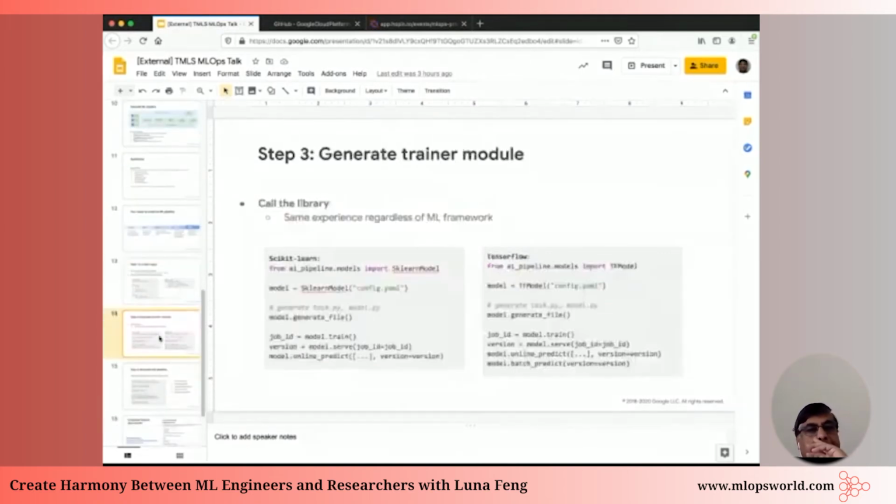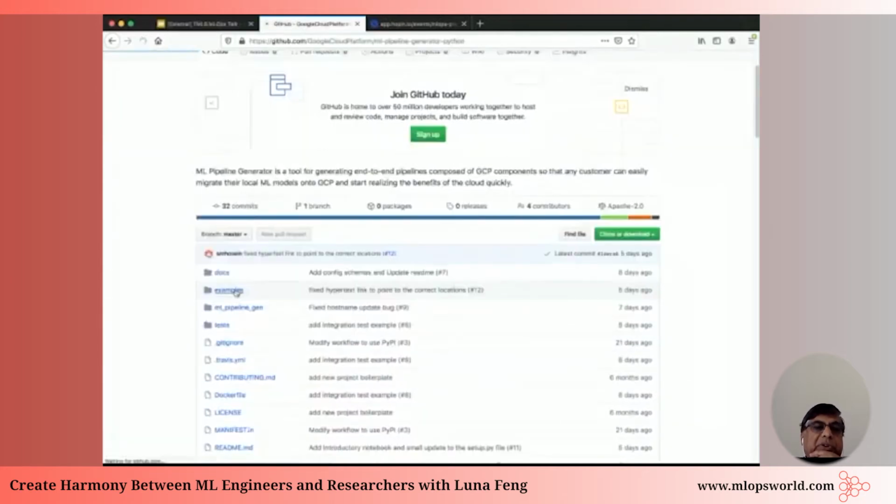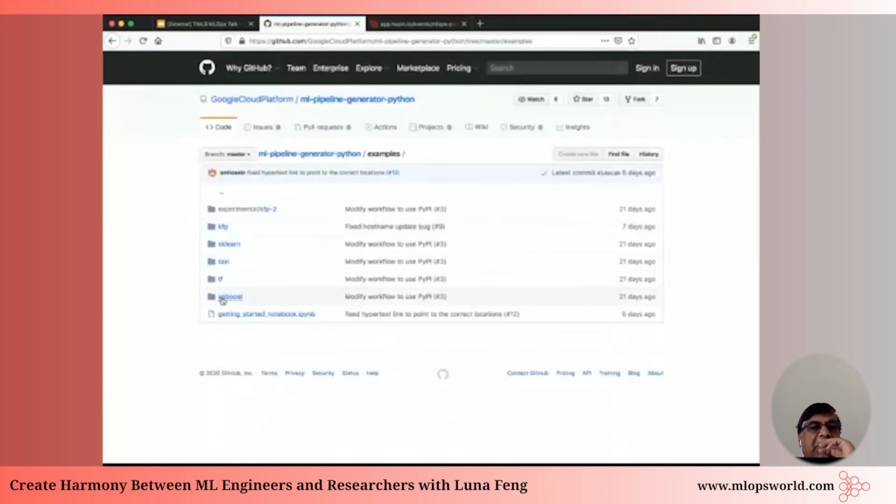Once you do that, then you basically run the code. Okay, once you run the code, here's the scikit-learn. It will basically ingest the config.yaml file. It will generate the pipeline, and this is the scikit-learn code that does that. This is the TensorFlow code that does that, and there is a corresponding XGBoost code that does that, and it's all there. Over here, if you go to the GitHub, you go to the examples, you can take, let's say,